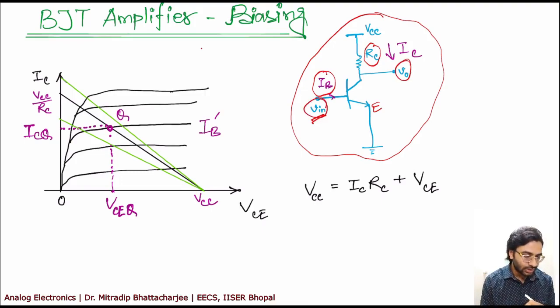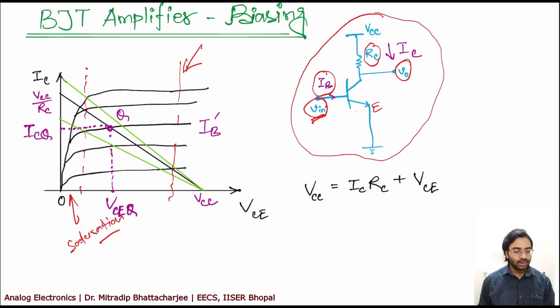Okay, and the output characteristics of the BJT will be something like this. It will operate in this active region. This is saturation for BJT, because both junctions are forward biased in this saturation region. But actually we need the BE junction to be forward biased and this junction to be reverse biased. So this is very important to understand.